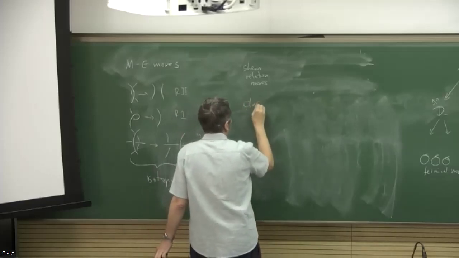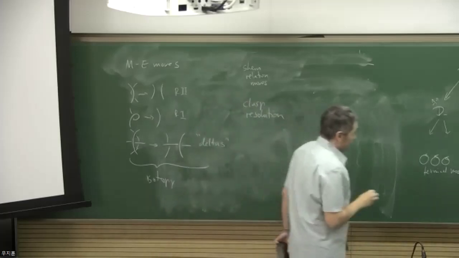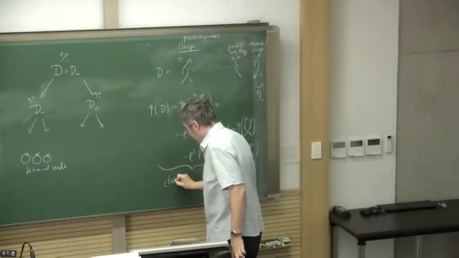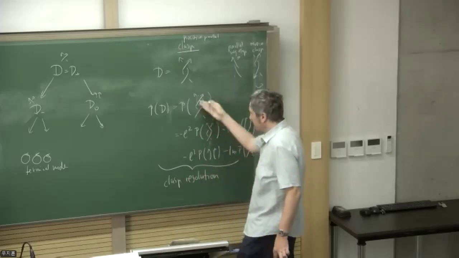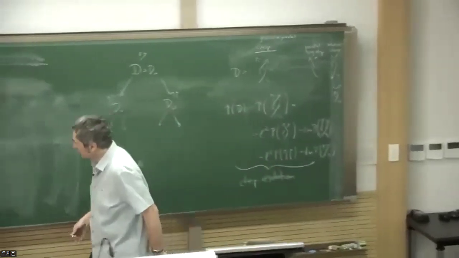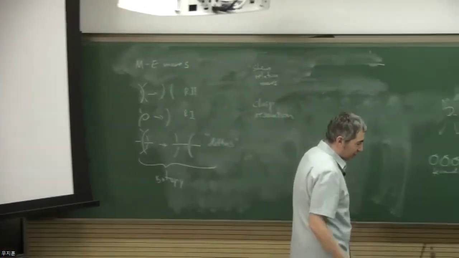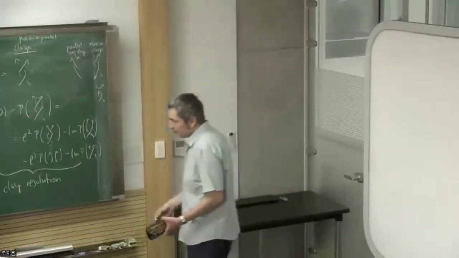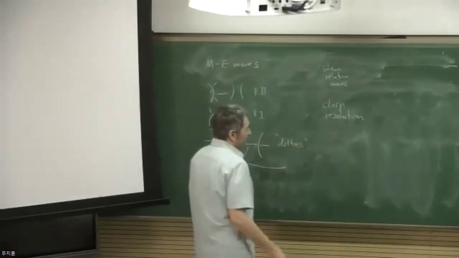So they use clasp resolution, which is what I described here. So this is something you can call a clasp resolution. I mean, you're resolving this clasp, so the clasp is then gone. Okay, then you have simpler diagrams. So of course you can use clasp resolution, but as I explained, clasp resolution is not always sufficient, because you have diagrams that have no clasp. So you have diagrams where none of these things work. Okay? And then you have to